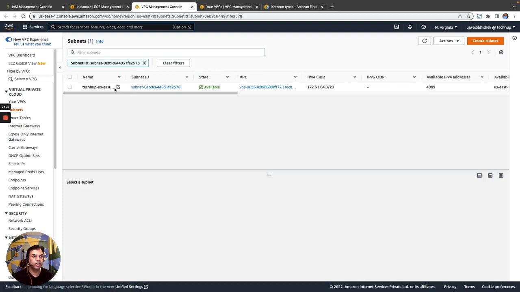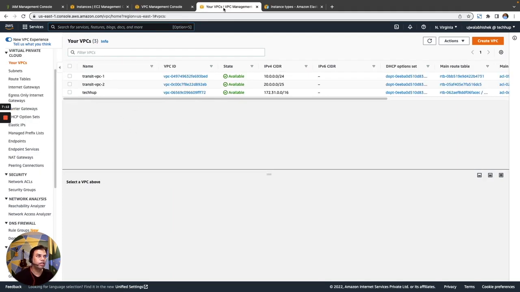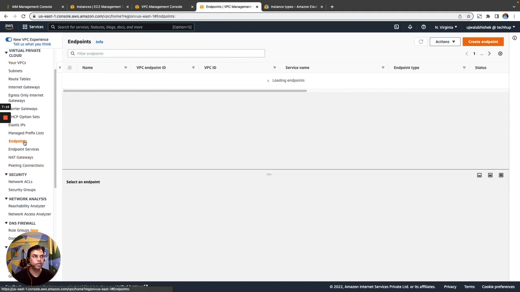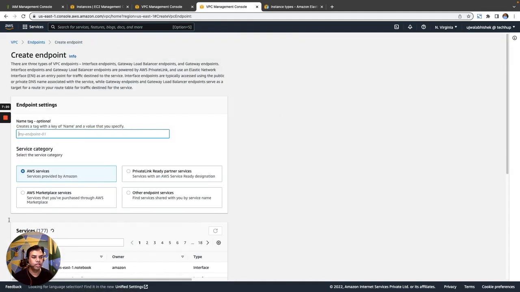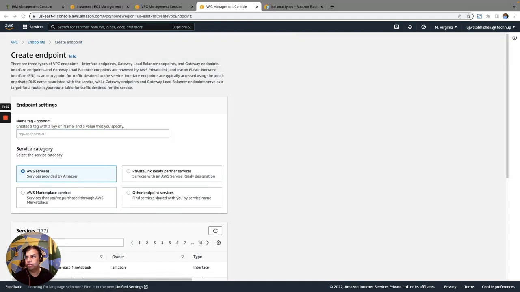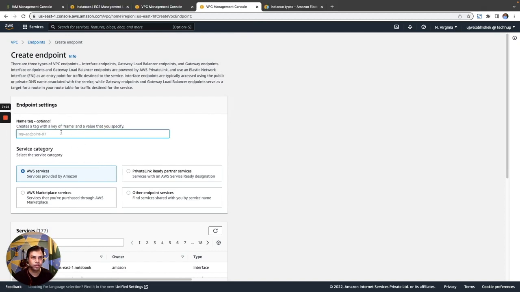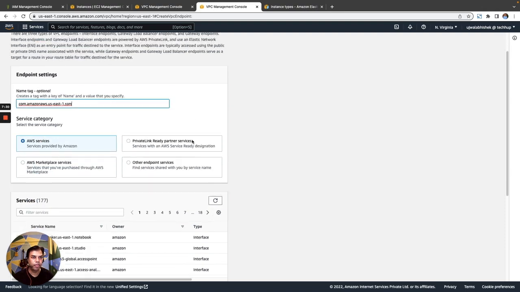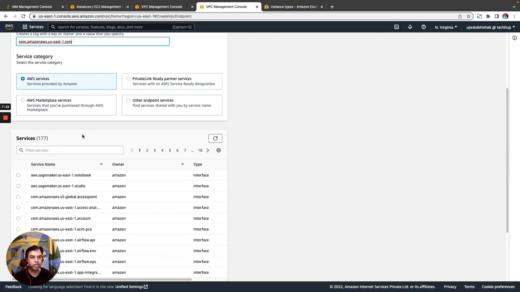So you could see that the alias is US East 1F. So this reference we just need to remember. We go to the VPC section and we go to endpoints. And in endpoints, just click on create endpoint. And for the very first endpoint, let me use this alias. And leave it to AWS services, and in services we'll just check for